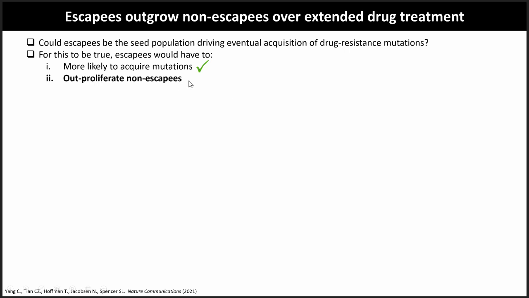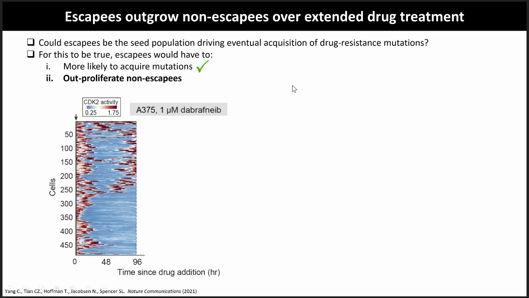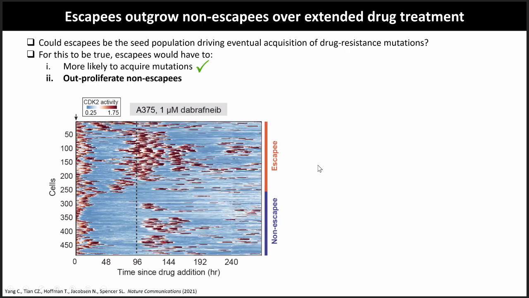To test the second point about SKPs outproliferating non-SKPs, we performed a 12-day time-lapse movie with cell tracking, which was a feat only possible because of ELIPTRAC. And we saw that, okay, so first we film the cells for 4 days and classify them before into SKPs and non-SKPs, and then we keep filming. And we saw more proliferation in SKPs than non-SKPs, albeit with long periods of quiescence in between. So these cells don't suddenly become fast cycling once they escape once, they enter more of a slow cycling state.